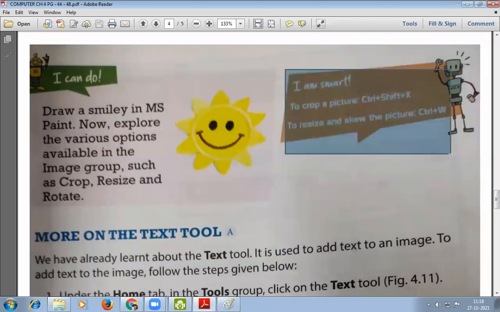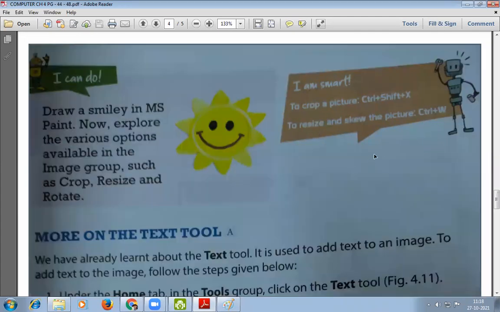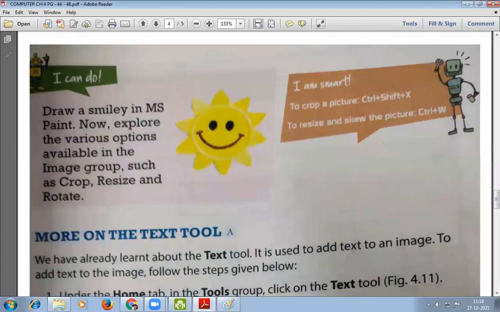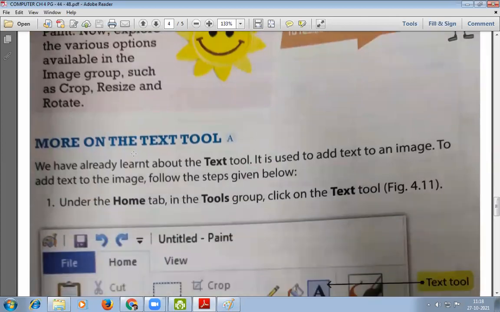First one, to crop an image, to crop a picture, you can press Ctrl Shift X. This one is the shortcut to crop an image. And to resize or skew a picture, Ctrl plus W. These two are the shortcut keys for cropping your picture or resizing and skewing a picture.